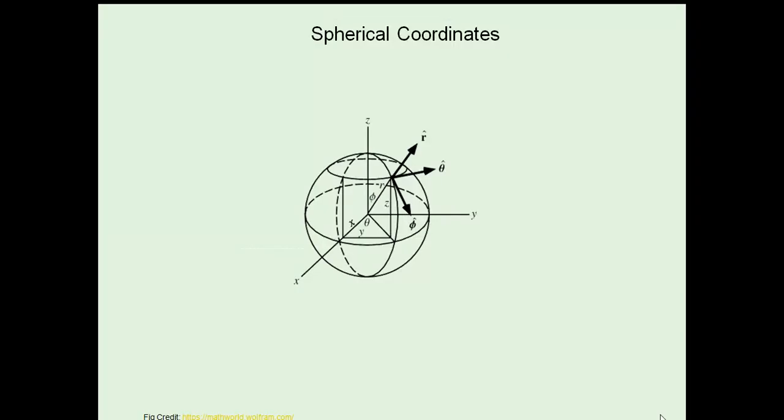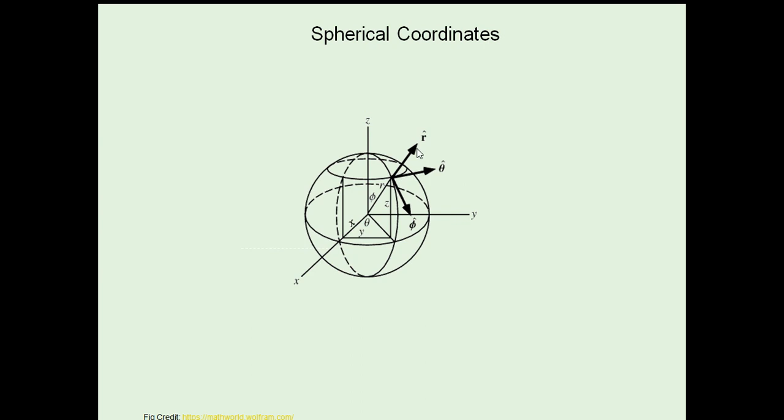In the last video, we have seen what cylindrical coordinates are. Now we will go for spherical coordinates. Spherical coordinates are denoted by r, theta and phi. Again, I have plotted the x, y and z axes which you are familiar with, and in that Cartesian reference, how your spherical objects look. This figure is taken from MathWorld, so due credit is given.